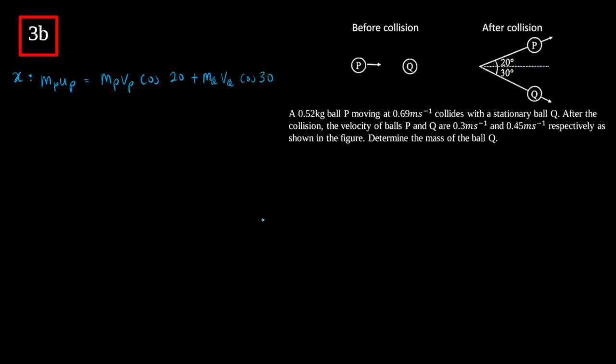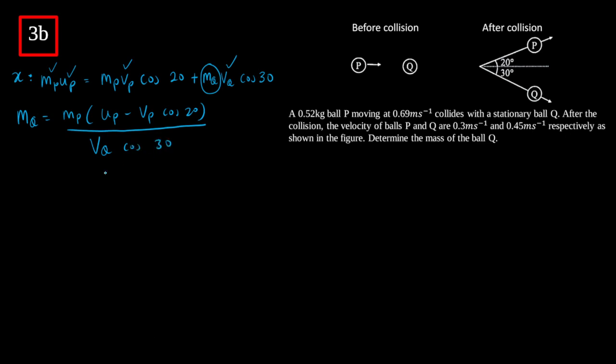Let us just use the x direction first. I'm looking for mq. I know mp, I know up, I know vp, and I know vq. So I can go right ahead and rearrange everything. I'll have mq equals mp (up minus vp cos 20) over vq cos 30,